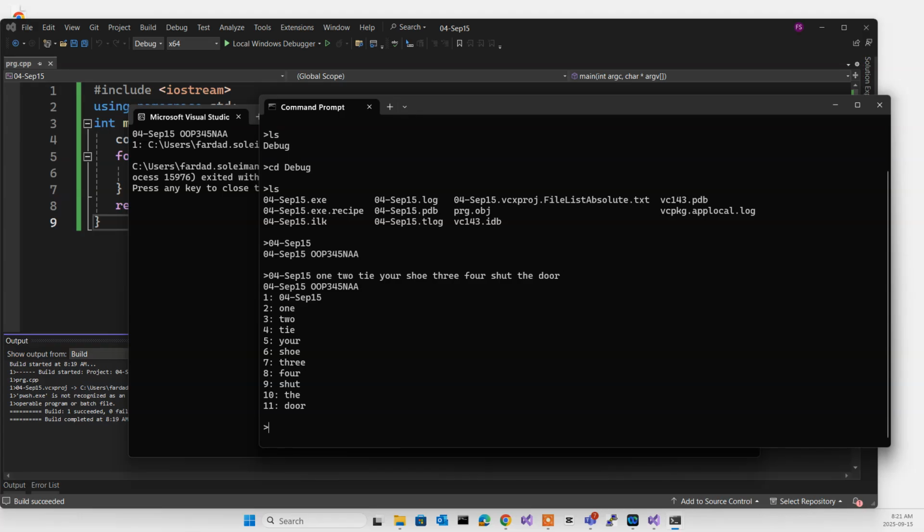This is what we have in the notes, but the next thing that I'm going to tell you is not in the notes. That is the third argument that you can get in the